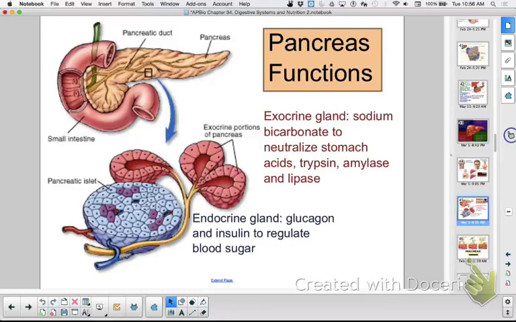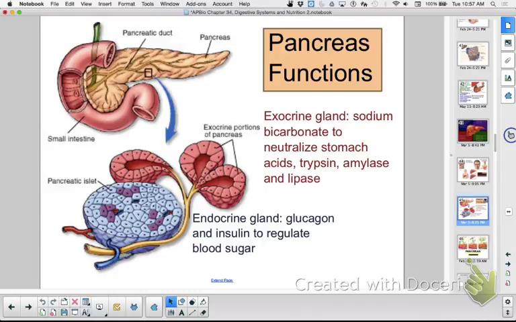I think glucose on, not glucose gone, but glucose on. Okay, and between those two contradictory hormones, you can keep your blood sugar level just right. Now, who helps take care of storing excess, like the actual act of storing the sugar? Who does that? Liver, and it stores it as glycogen. And if your liver's all full up, then you store it as fat. Okay, good. Now, so that's how it acts as an endocrine gland with these little islets of Langerhans. But I'm sure you don't have to say it like that, but I just like to.